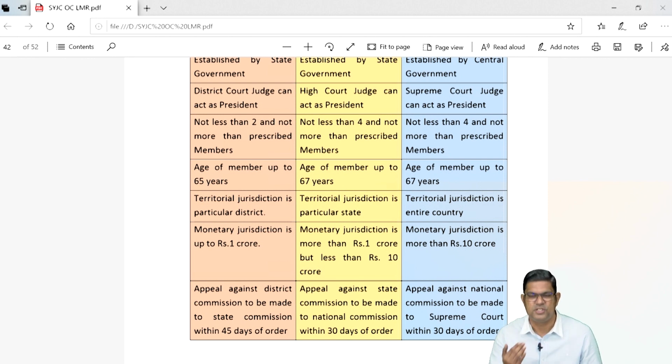अब बढ़ते हैं to the state commission. Now if you're not happy with the verdict given by the state commission, then you can appeal against it to the national commission. लेकिन ये आपको 30 days के अंदर करना चाहिए. And if you are not satisfied with the verdict given by the national commission, उसके ऊपर कहाँ पे जाओगे? So you can now directly go to the mainstream court, and that is you can go to the Supreme Court, and you have to go within 30 days of the order given by the National Commission.